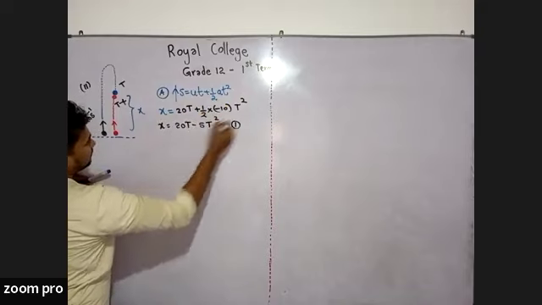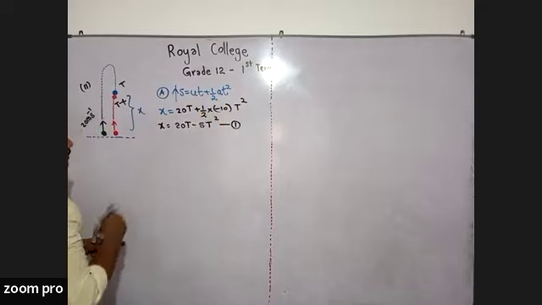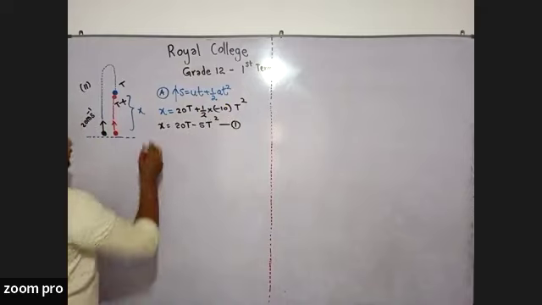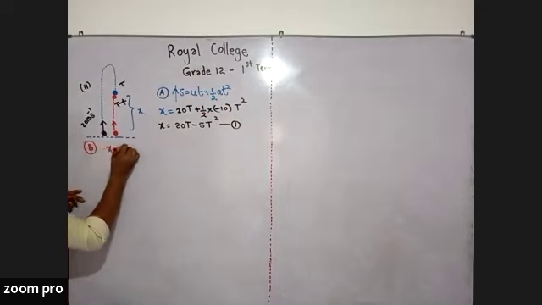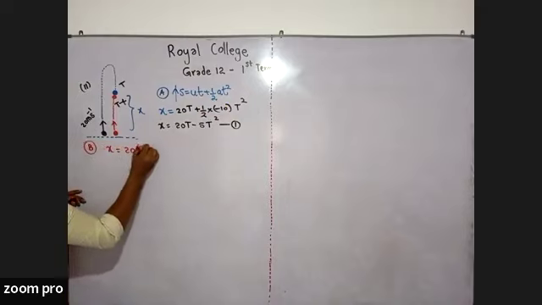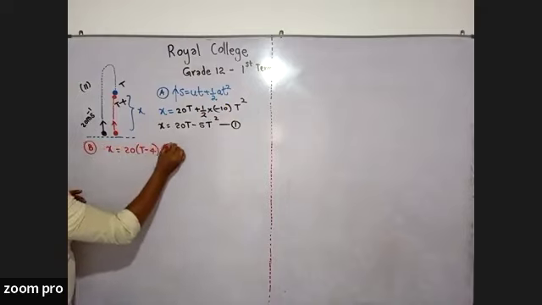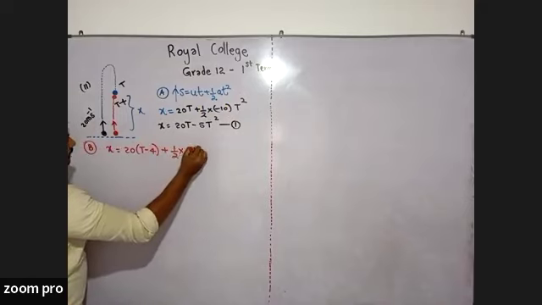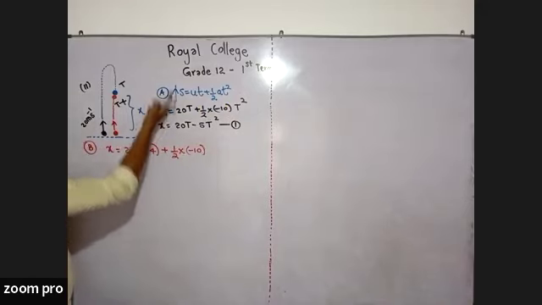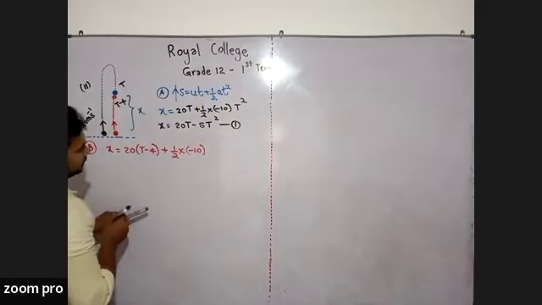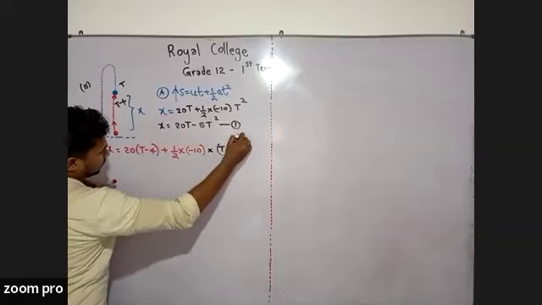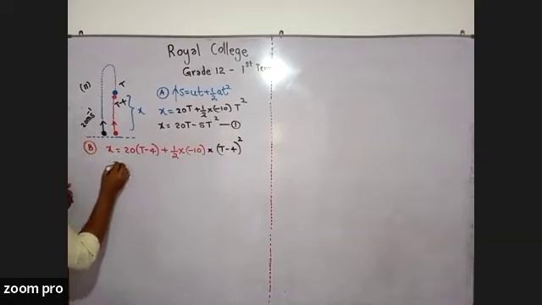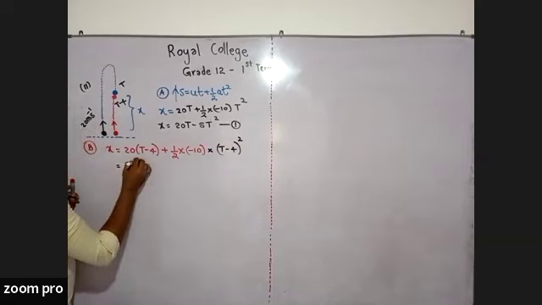Let's call this one the first equation. If I apply the same equation for the B object, then it should be x equal to 20 times (t minus 4) plus half times minus 10, because we apply the equation in the vertically upward direction, times (t minus 4) squared. Right. So if I further simplify this one,